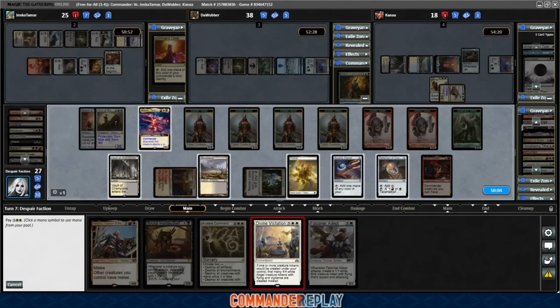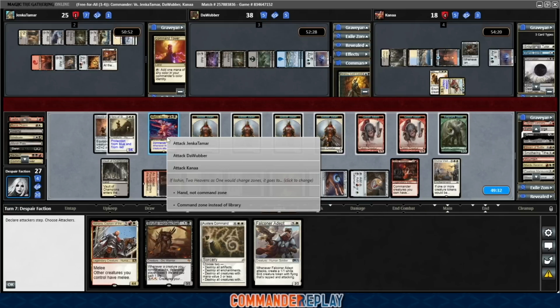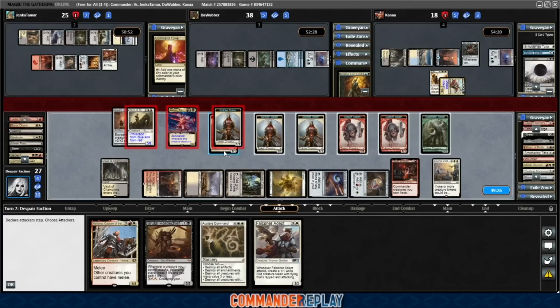Mind Crank. Then Divine Visitation. This should be silly. Let's read this one more time. Commander creatures you own have, whenever this creature attacks a player, if no opponent has more life. Okay, yeah. So we just need to attack Jeff with that one. We'll send this one over to Jenka,